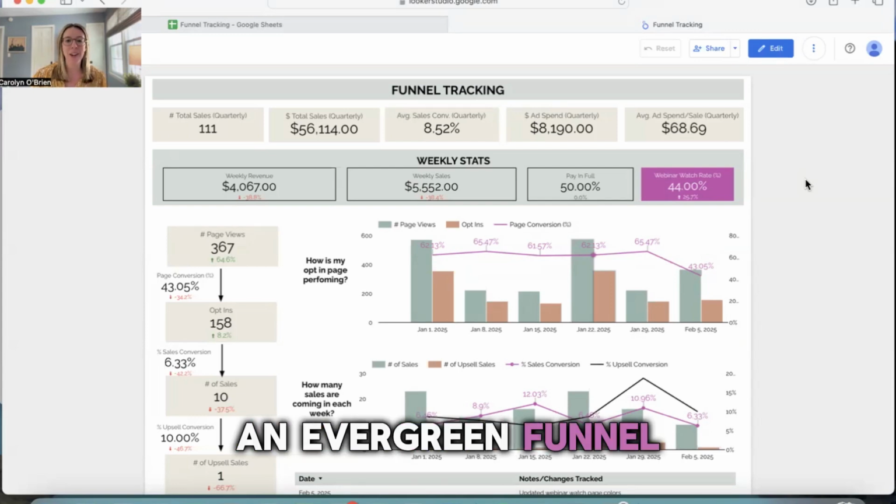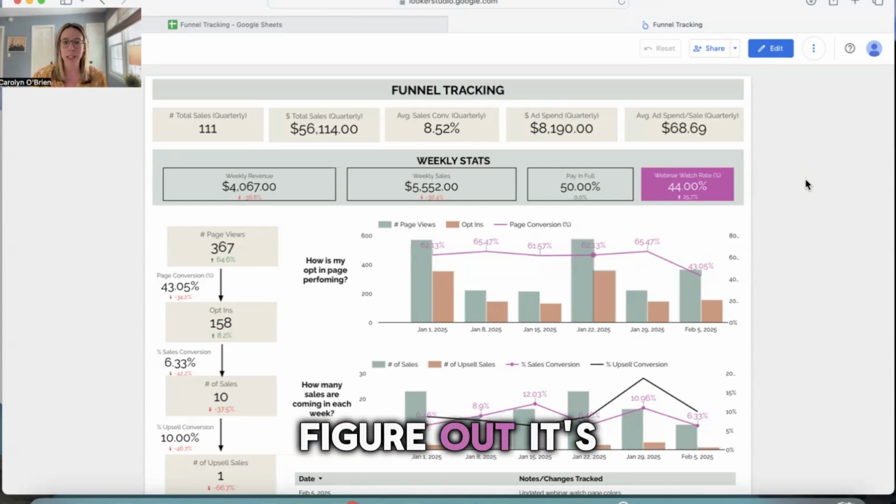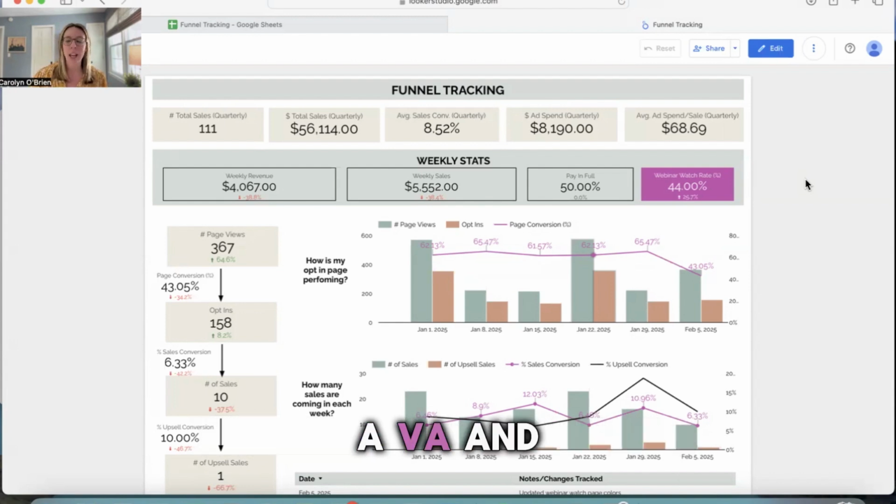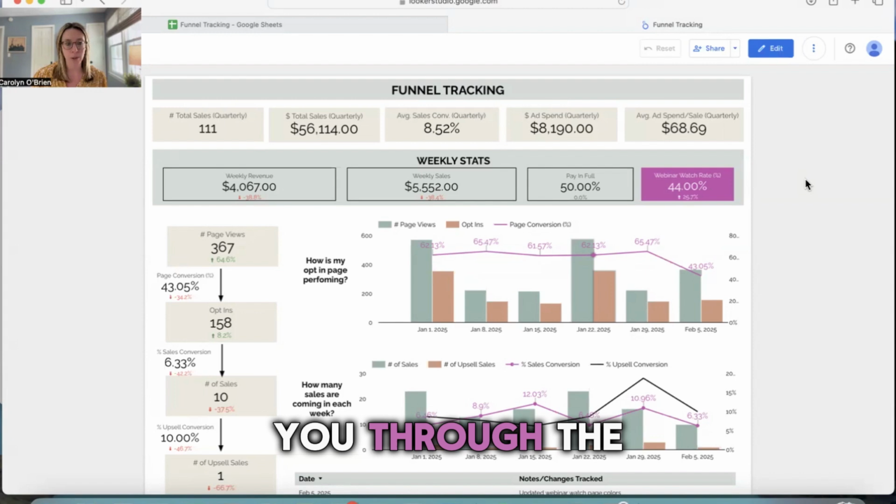Do you have an evergreen funnel that you're trying to improve, figure out what's not working for a course you're selling or a membership or maybe a coaching offer? Or you're a service provider, an online business manager, a director of operations, a VA, and you're trying to help your client figure this out? Well, I want to walk you through the best way to figure out what's working in your funnel and what